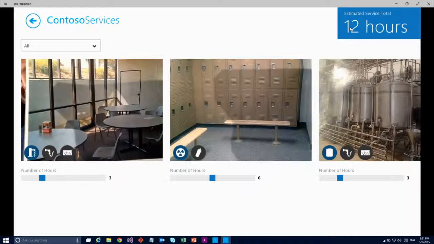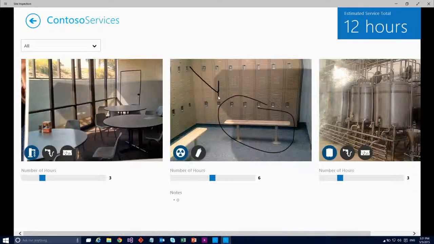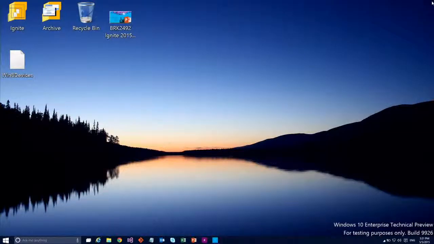So for the cleaning company, this is a massive, massive win. I can even do something like you say, see that bench? Really needs to be cleaned there, or this is the thing, or that's the thing. Again, I've got touch. Why not take advantage of drawing? So these are a couple of examples, none of these are killer examples, but they show you kind of the power of mobility and to change these line of business processes.